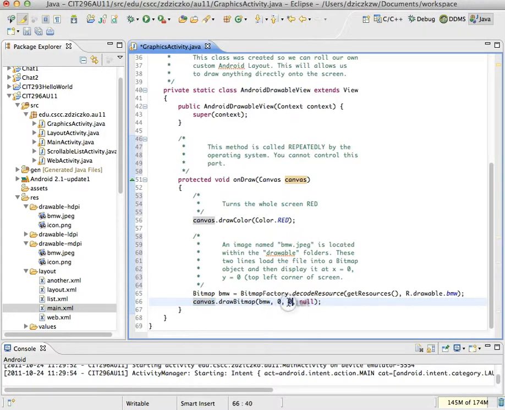0. When we're talking about canvas and drawing graphics, 0, 0 is always the top left-hand corner. And the positive axes go from left to right and up to down. So if I were to say 100, 100, it would actually be going down and to the right. But I've told it to draw this image of the BMW at 0, 0, which is the top